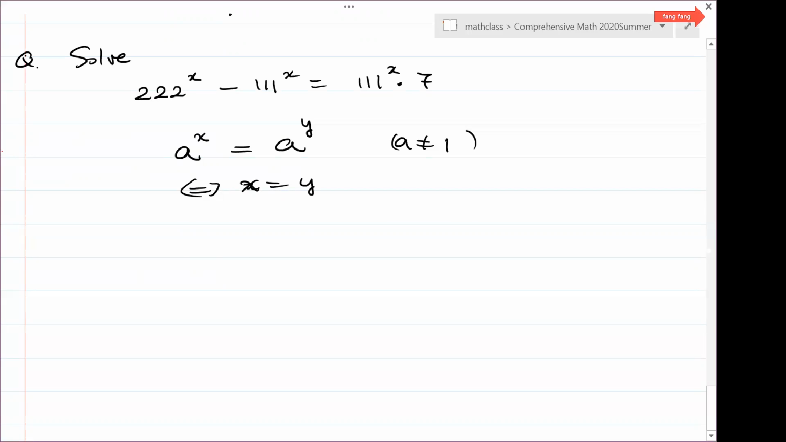So how do you do that? Well, 222 is going to be 2 times 111, right? That's all we need. So it's going to be 2 to the x times 111 to the x minus